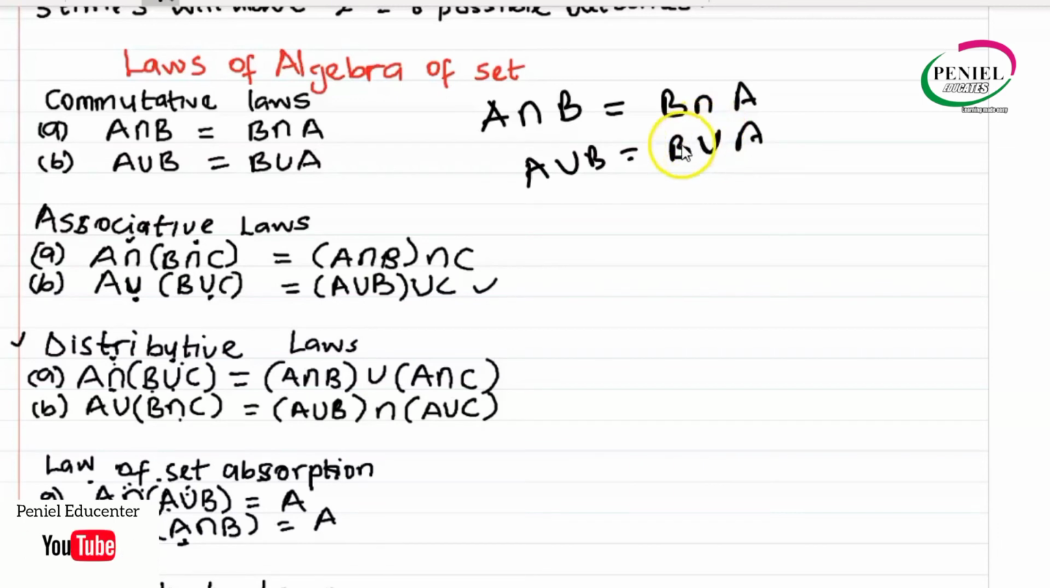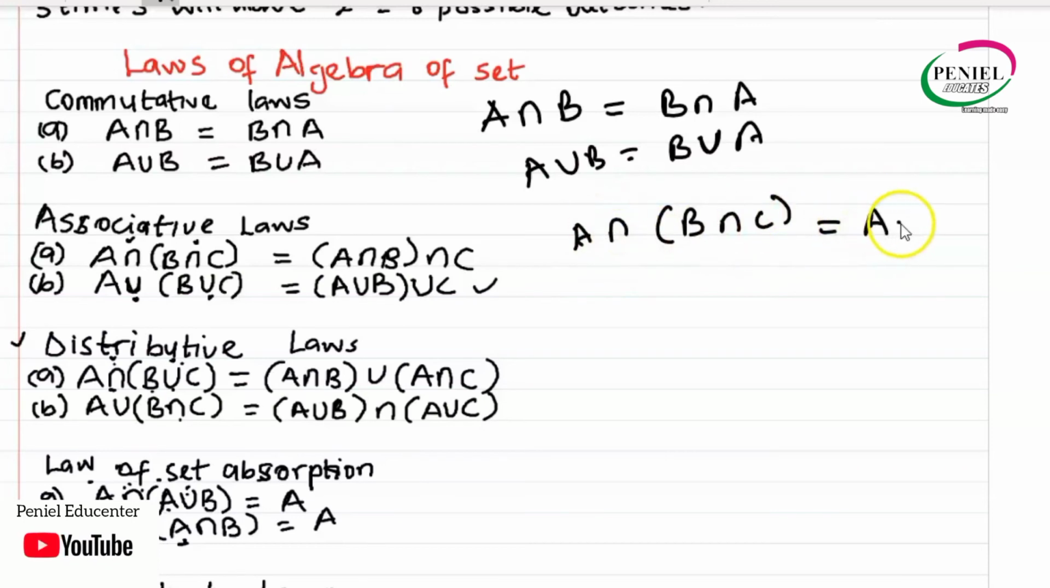We have commutative law. Also, we have associative law, which says when we have A intersect, B intersect C, it's also the same thing as A intersect B and also intersect C. Don't forget we have intersect here, we have intersect here also. So when we have A union